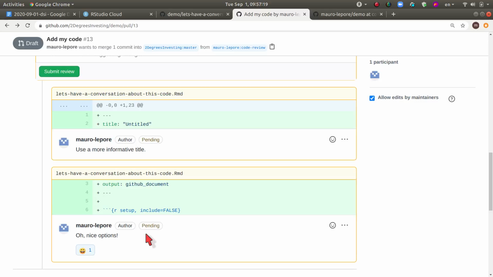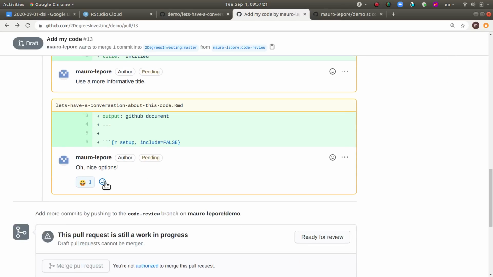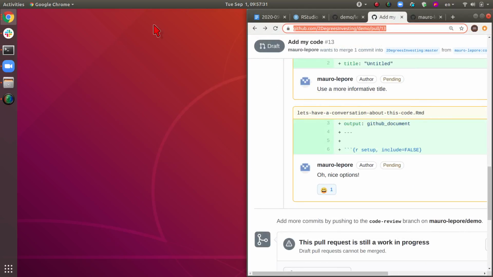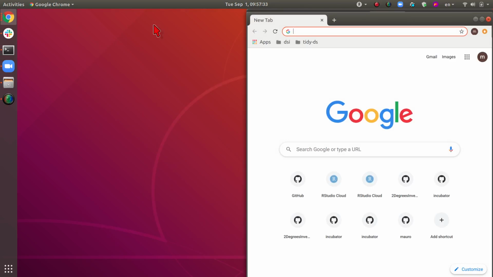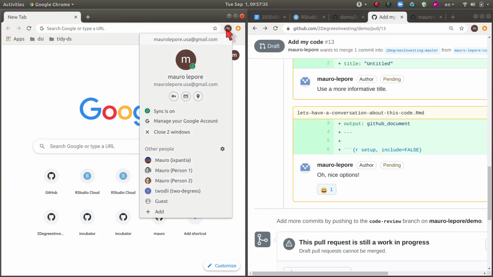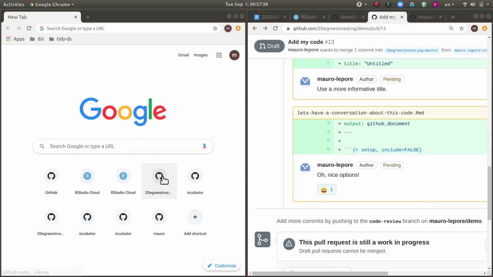under a general, high-level comment that I'm about to write. All the little comments appear under it, right? And then the other person can answer and resolve the conversation, which I cannot in this log in with this user. But if I created a new window and went to a user that has more privileges, this one here, for example,